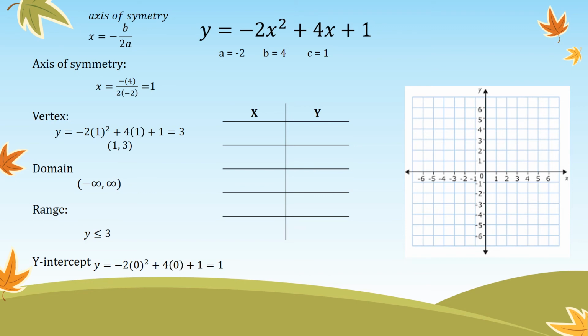Again, we put the vertex in the middle. We go 2 below it and 2 above it. And then we,